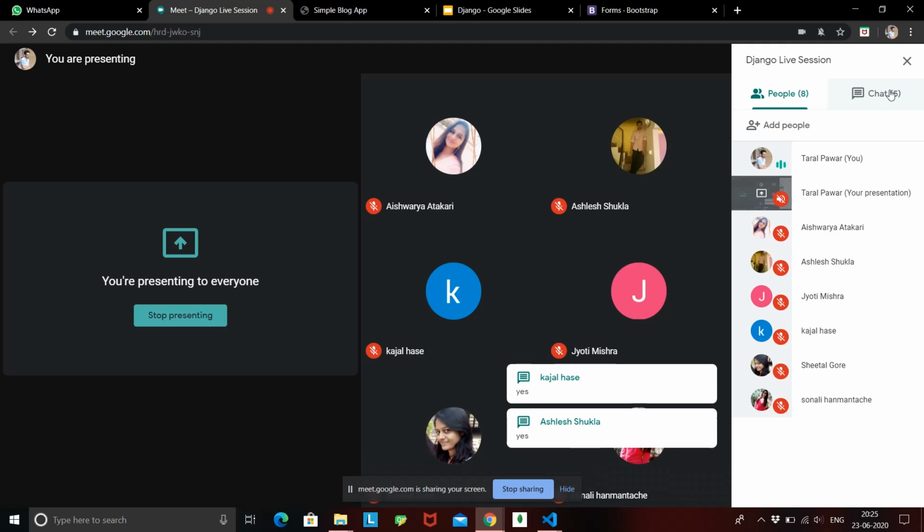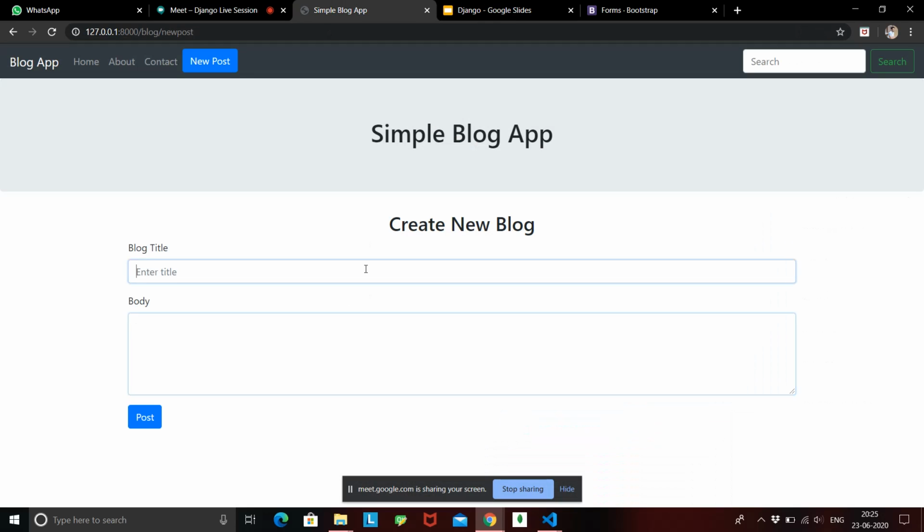Okay, so now what's happening over here is that we can enter the data. Let's say we have 5 blogs, so this will be the 6th blog, and then we can create some random body over here. Okay, blah blah, this is the body. Okay, so now once I write this blog, that is the name and the body of the blog, and if I hit post, this is not basically going anywhere, right? Or even if I hit post, all the data has vanished.